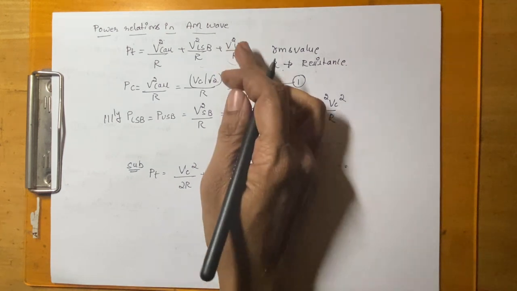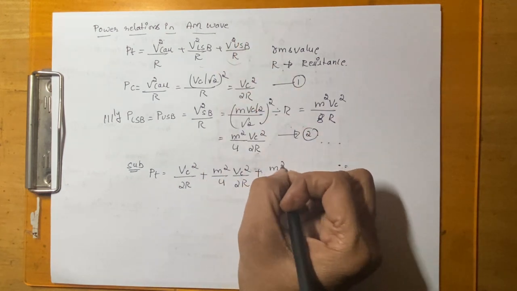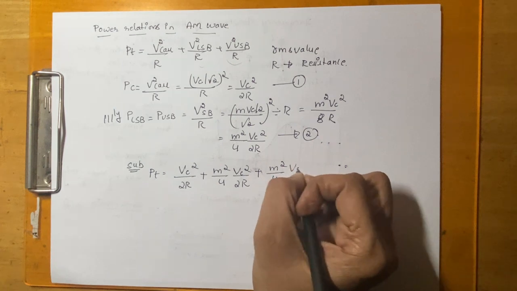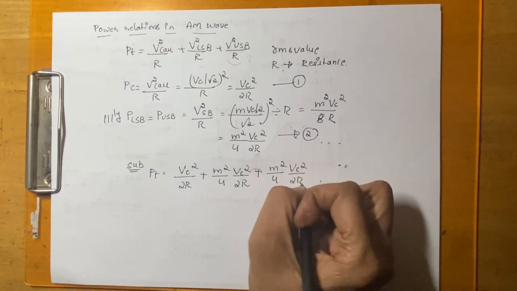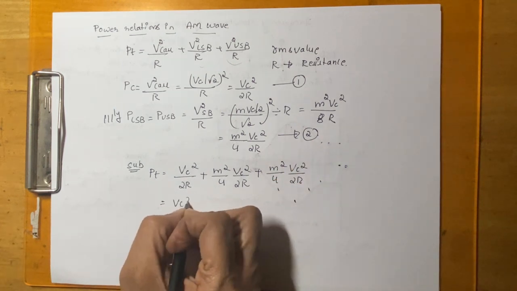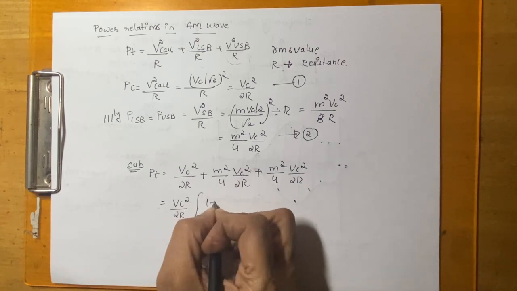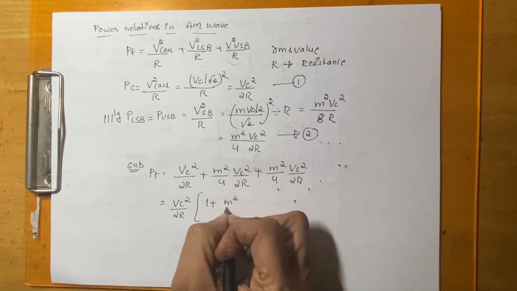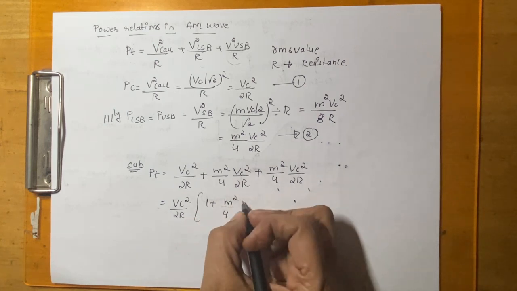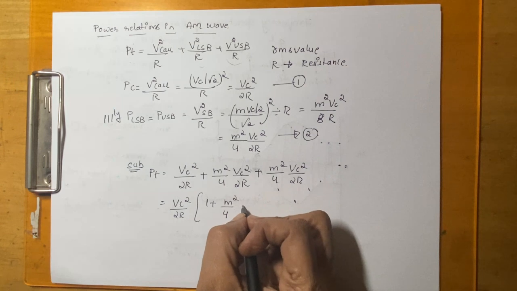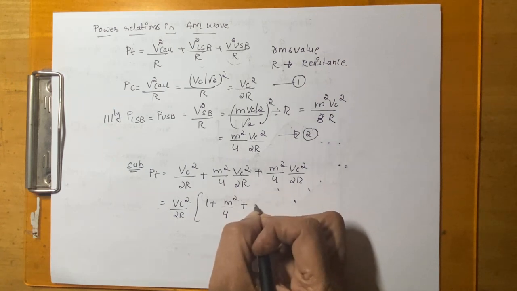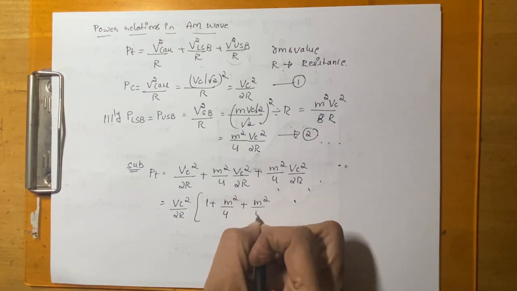Then power of an upper sideband is given by M square divided by 4 Vc square divided by 2R. Now we can take Vc square divided by 2R as common. 1 plus M square divided by 4 plus M square divided by 4,